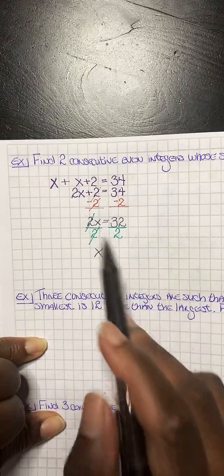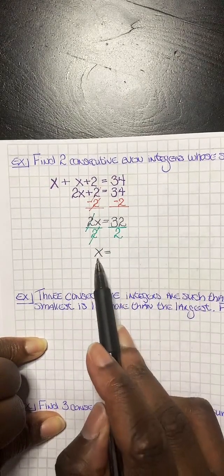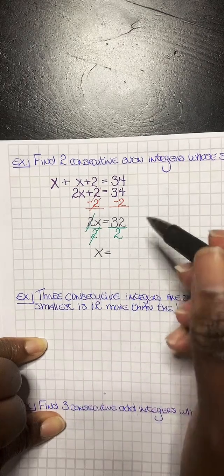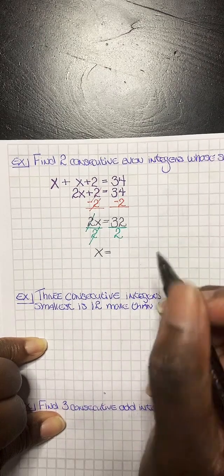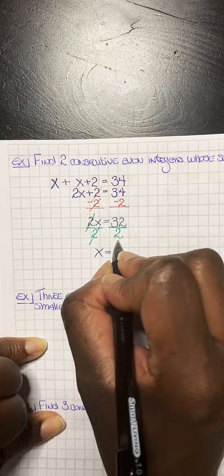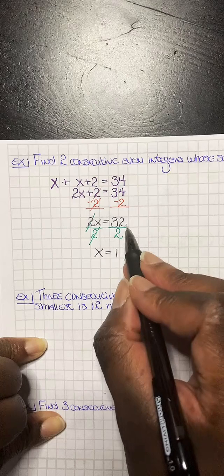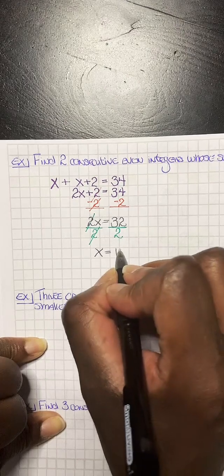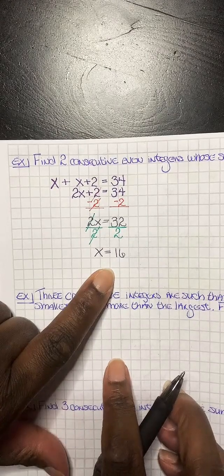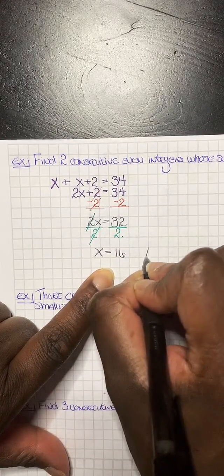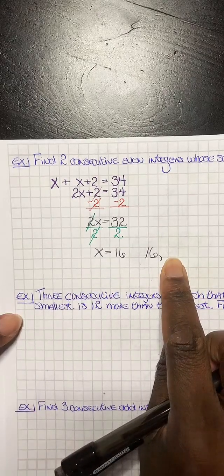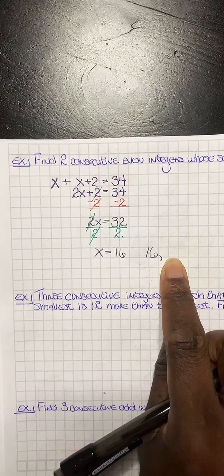All right. So 2 divided by 2 gives me 1x, so I can just put the x. The 1 is understood. Then we have our 32 divided by 2. 3 divided by 2, we got a 1 with 1 left over. 12 divided by 2 will give me my 6. So the first digit that we have is a 16. That means the next consecutive even integer is